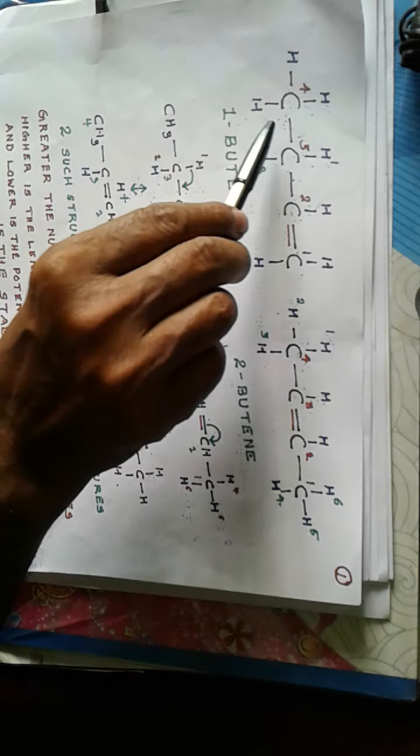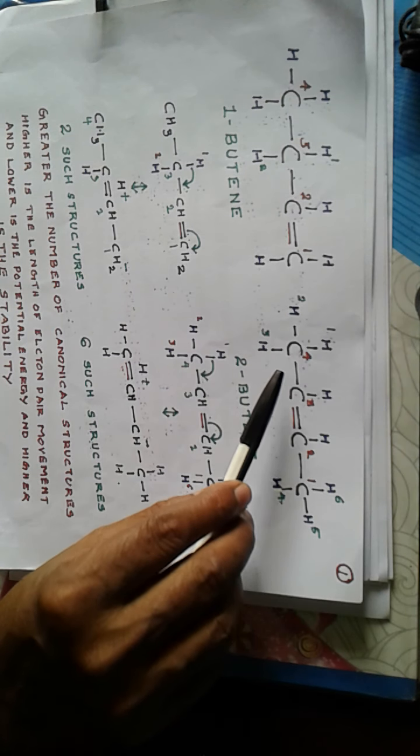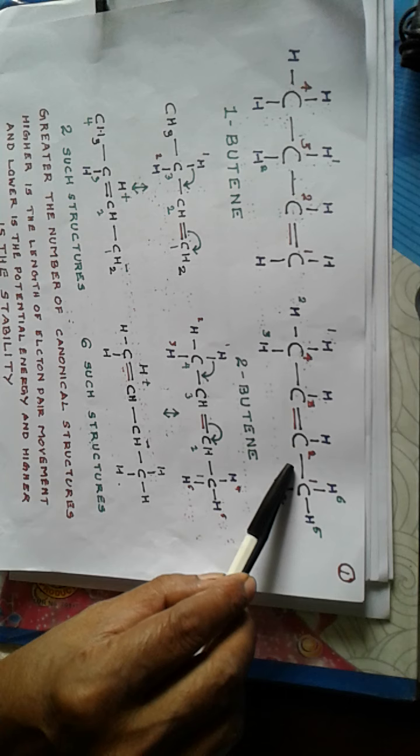Now in the most stable canonical structure for 1-butene and 2-butene, we have carbon-carbon single bonds, here 2 single bonds, here 2 single bonds, and rotation about these single bonds can produce a large number of conformers, so that the most stable canonical structure has a larger number of distinguishable forms, hence a larger entropy for